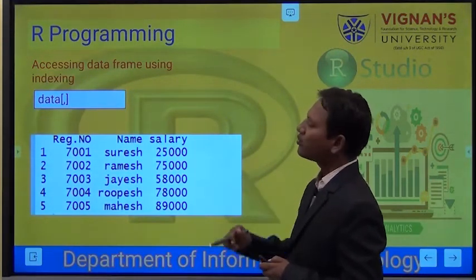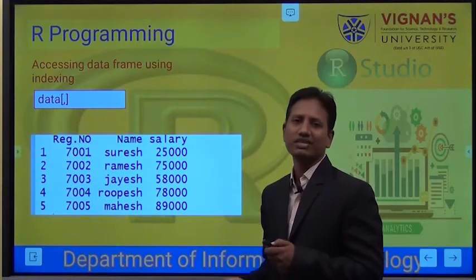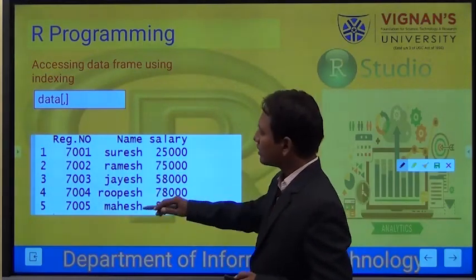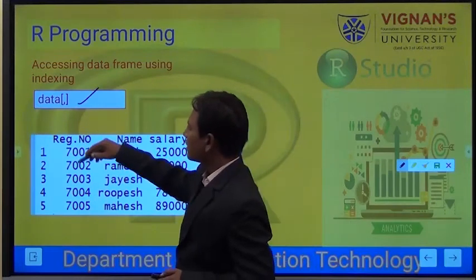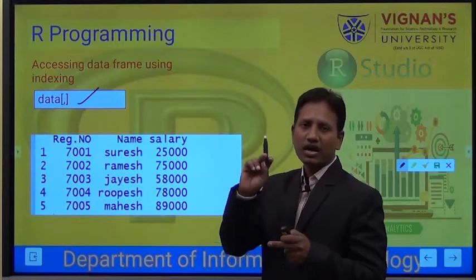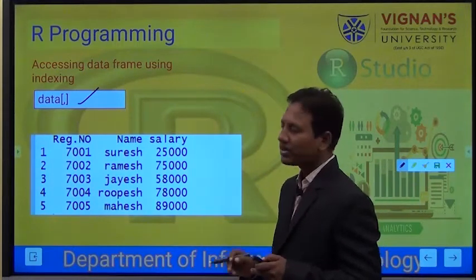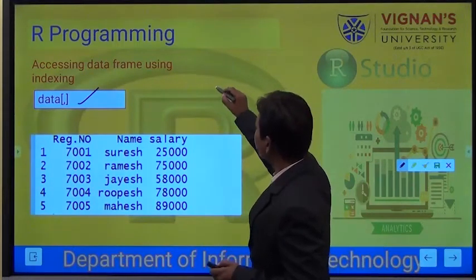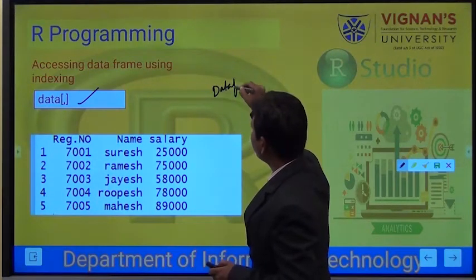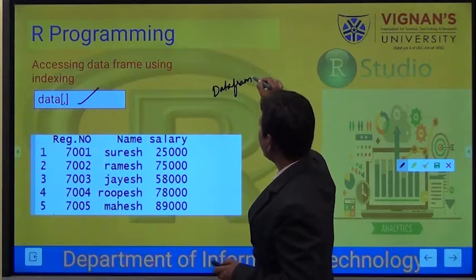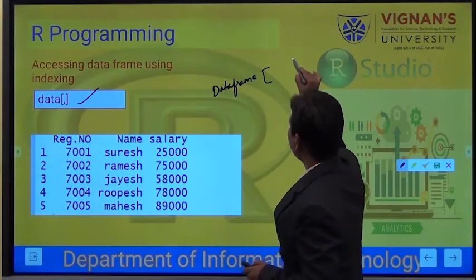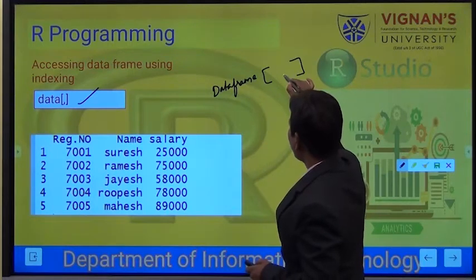Now we'll see the different ways of indexing and how we can access. If you observe in this command, the brackets are divided by a comma symbol. I have written the data frame name, which must be there, and in brackets I have put a comma.